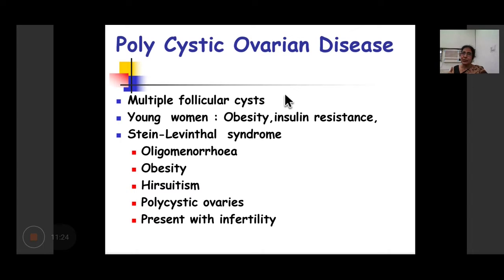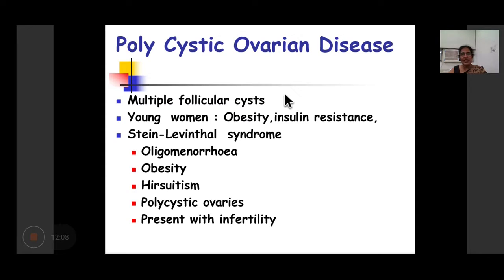The other conditions which are associated with polycystic ovarian syndrome are obesity, hirsutism, increased facial hair, and oligomenorrhea, so a decreased amount of blood passed during the menstrual cycle. It is also associated with resistance to insulin. So there is an increased insulin level, but there is peripheral tissue resistance to insulin. As a result, many of them may appear to be diabetic also. Insulin resistance is seen in type 2 diabetes as well. So this may progress on to type 2 diabetes, but at this moment she may just have abnormal glucose metabolism due to insulin resistance.